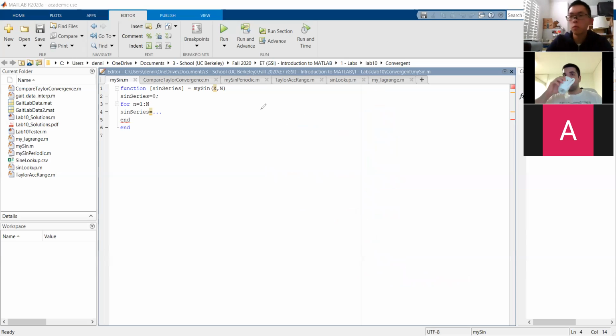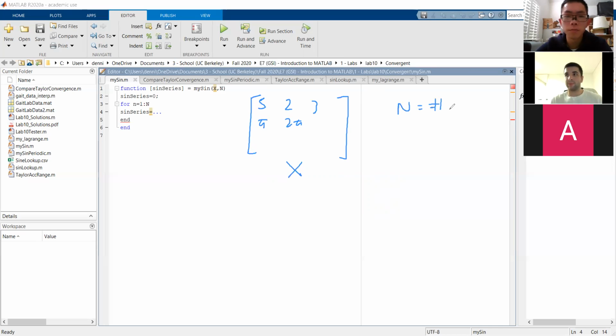Here's the first part. This is our not so good approximation of sine. I'll leave this as skeleton code. First of all, let's go over the inputs. You're just given a bunch of x values, like 5, 2, 3, pi, 2 pi. All those are in a matrix called x. And n is the number